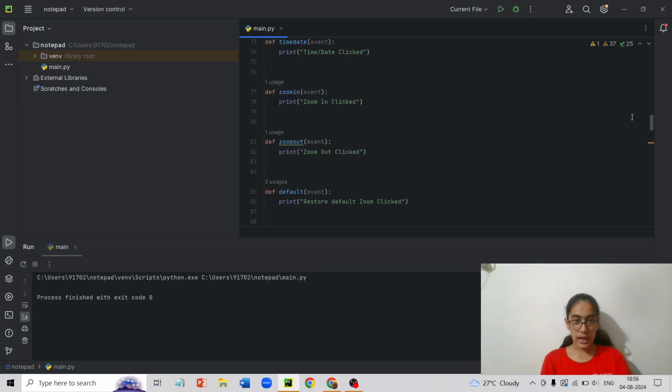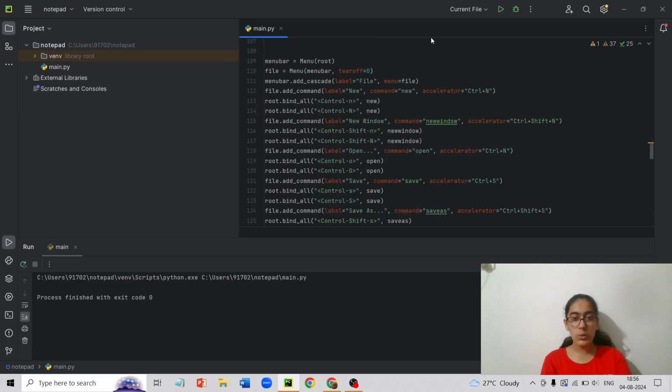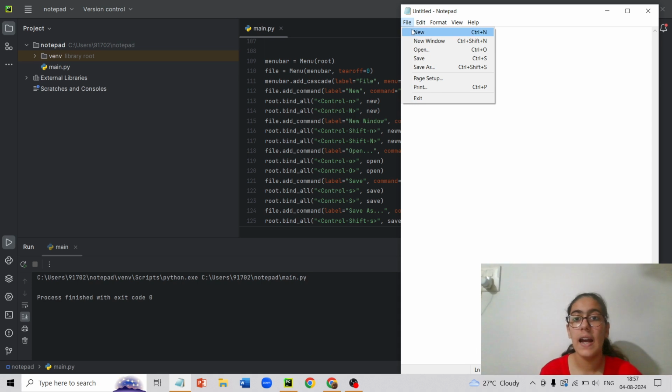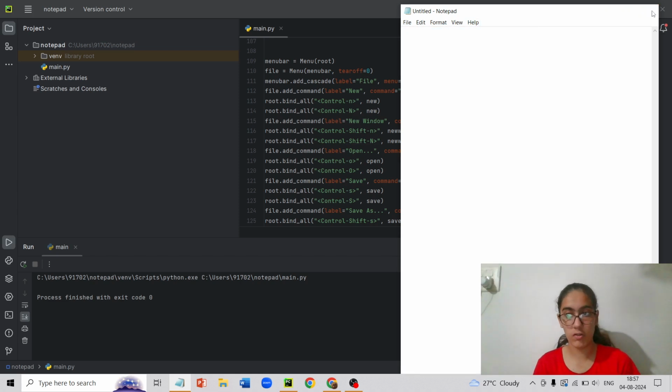So here we have root.menu(root). Next we have file equals Menu(menu_bar, tearoff=0). What does tearoff equal to 0 mean? When we go onto our Notepad, I'll just open it once. Here we see this File, we have this New, and then in the next line comes New Window. So this is what tearoff means.